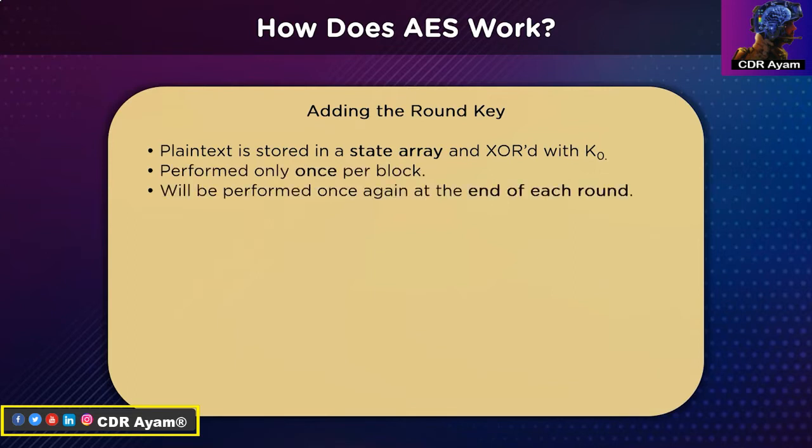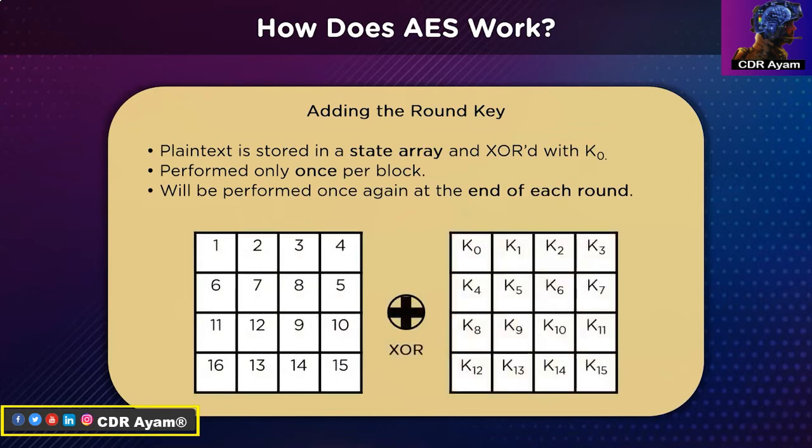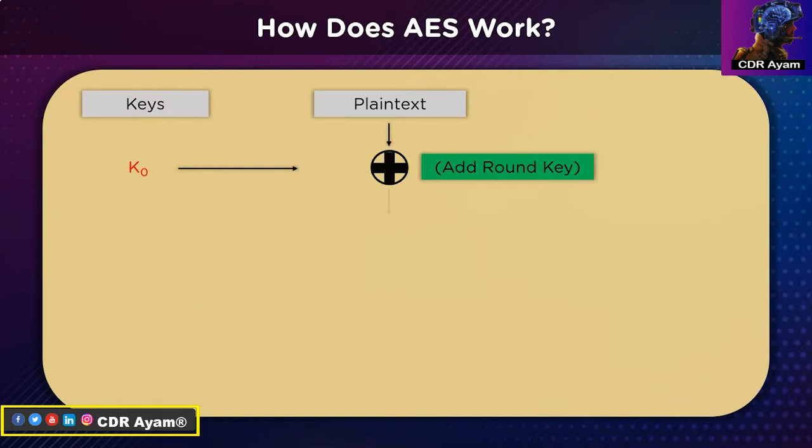During the add round key segment, each byte of the state array is combined with the round key using bitwise XOR. The combined round key with the bitwise XOR is then moved to the next round, which is the sub-byte row,